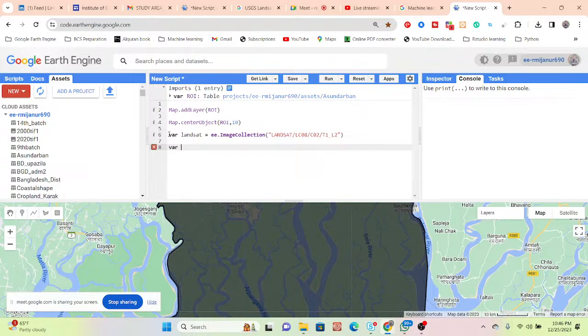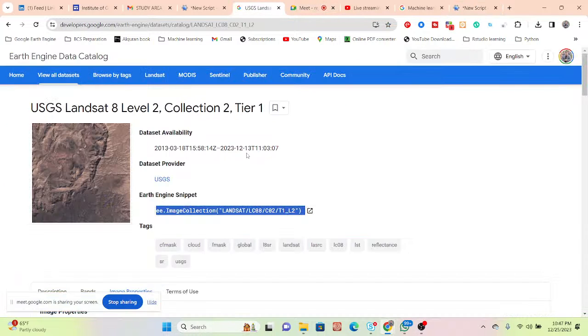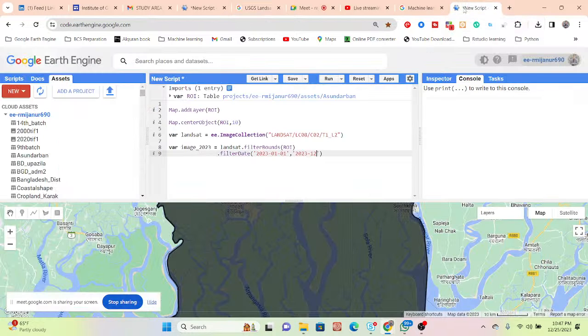Okay, just take a variable, suppose image 2023, and call this Landsat. So same approach, filter bounds with my study area ROI, and then put here the filter date. This time I simply put the year 2023, 1st January 2023 to 13 December. So just put here the December 13,